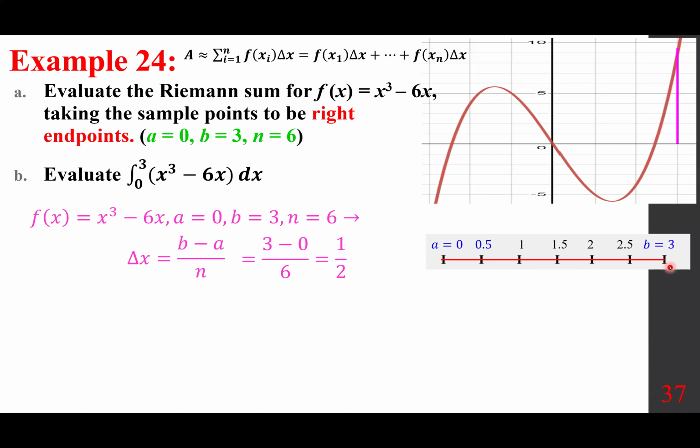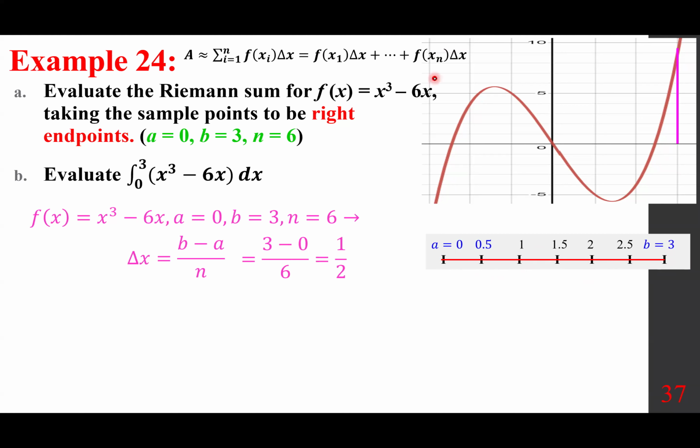Now, are we going to use the right endpoints, the left endpoints, or the midpoints? More specifically, they ask for the right endpoints, which means you don't need the first one. You use all of them except the first one. For the left endpoints, you use all of them except the last one. And for the midpoint, over here is 0.25, and then 0.75 and so forth. You remember that. So we want R sub 6, which is going to use delta x times